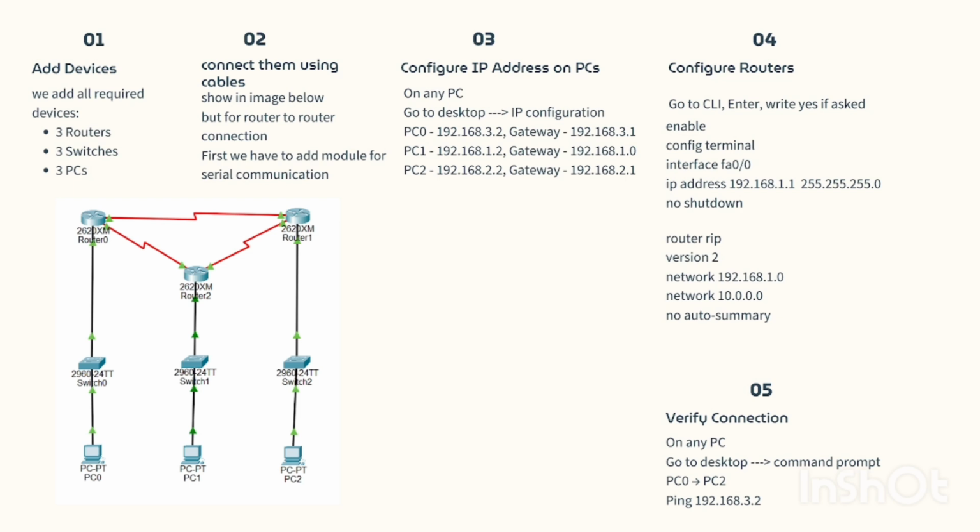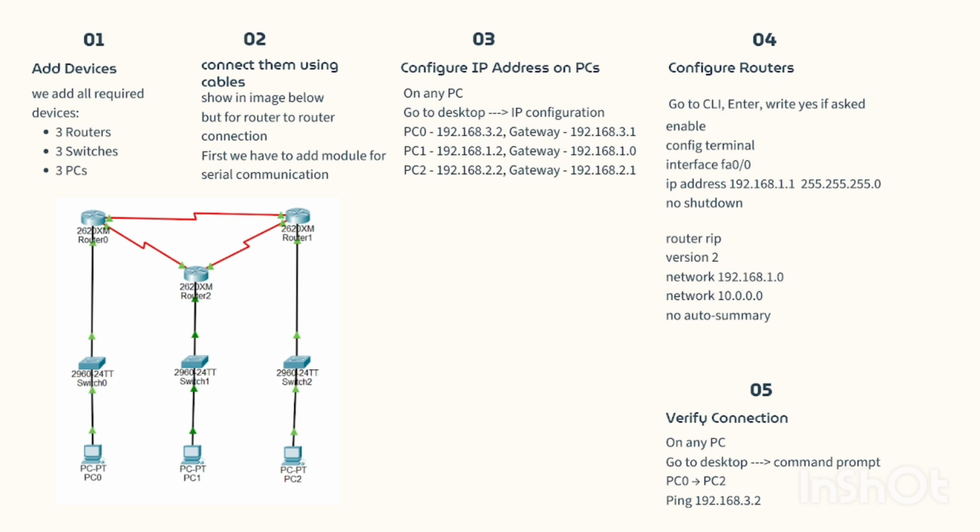Now let's move to dynamic routing. In dynamic routing, routers automatically share route information with each other. The first few steps are the same. Then while configuring routers, we have to add some extra commands. Firstly, we will go on router CLI. Then we will configure the router based on the interface that we have used. In this, we will be using two serial interfaces for each router. Then we have to configure the router for dynamic routing. The command for that is router rip, version 2. Then we have to define the networks and then we can save it.